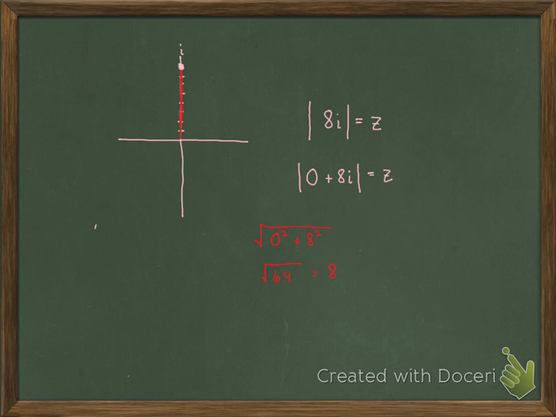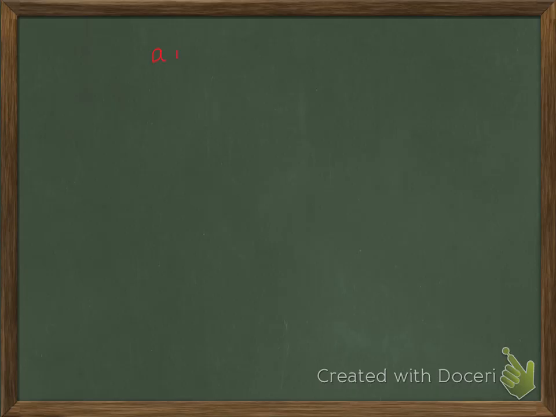Okay. So now what we're going to get to is adding, subtracting, multiplying, and dividing complex numbers. That's the standard form of a complex number. A is the real part, B is the imaginary part. So either one of those could be positive or negative. It's not literally A plus Bi, where A is always positive and B is always positive. A could be negative and B could be positive,